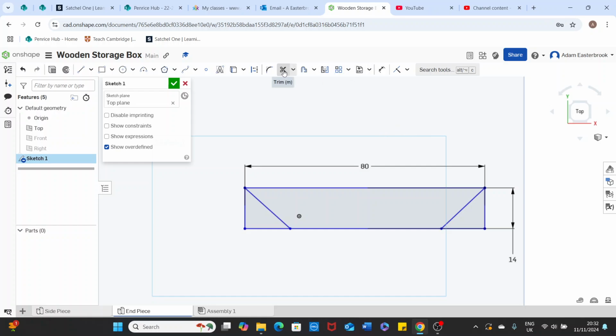I'm going to use my trim tool, pair of scissors, like I'm trimming something. Click on my trim tool, click on that line, remove that line. Click on that line, remove that line. Do the same over this side, click on that line and remove that line. There is my end piece. I need to use my dimensions tool